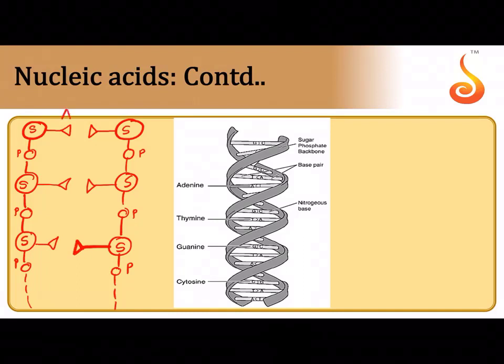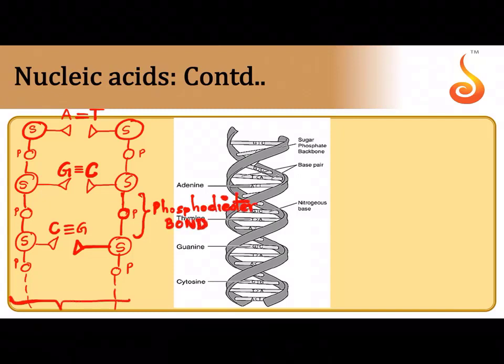So the nitrogen base on one side, if it is adenine, the corresponding one will be thymine with 2 hydrogen bonds. They will bind together. The guanine on one side, it will be cytosine with 3 hydrogen bonds. Similarly, if there is cytosine here, it will be guanine with 3 hydrogen bonds. So can you see? And this bond that is connecting one nucleotide with another, which is mediated by a phosphate, is called, what is it called? Phosphodiester bond. So this is your DNA molecule.